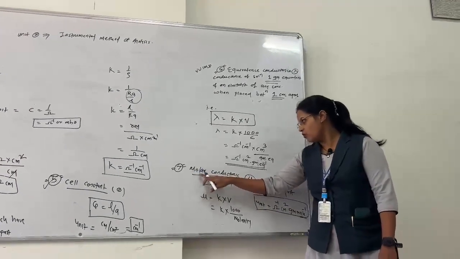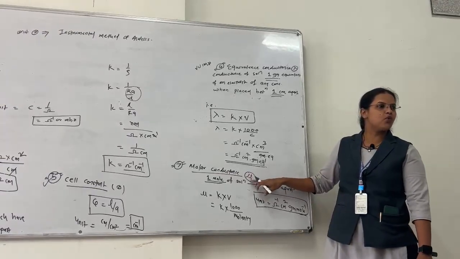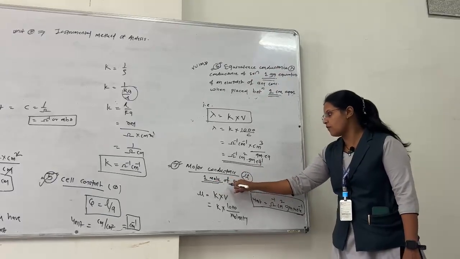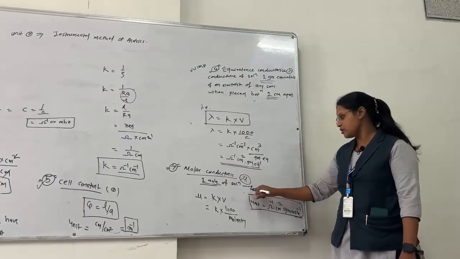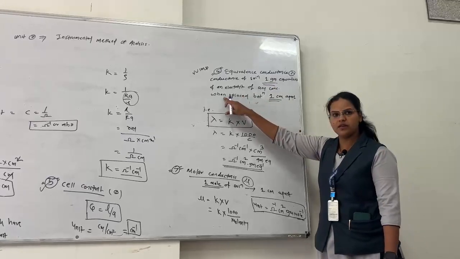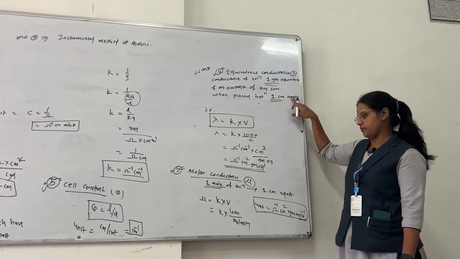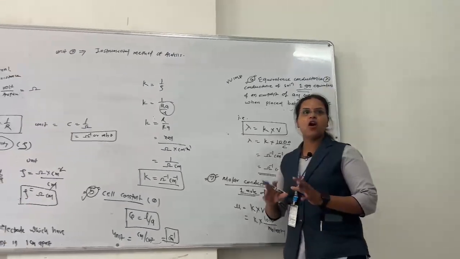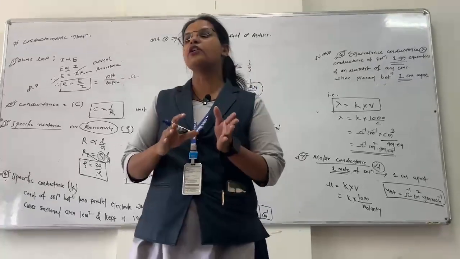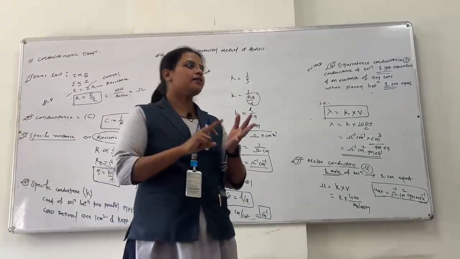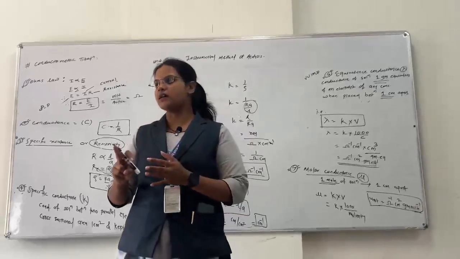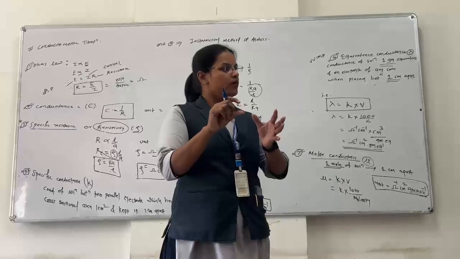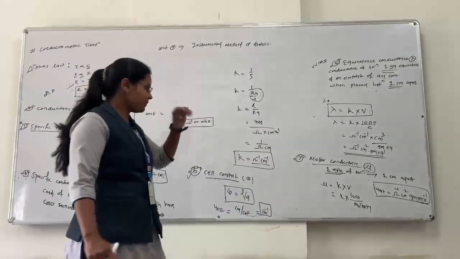And the last definition is molar conductance. It is represented by the symbol mu, and it is the conductance of a solution containing 1 mole of electrolyte, placed between electrodes 1 centimeter apart. Its unit is per ohm centimeter square per mole. So these are all the definitions related with your conductometric titration. On that we have either a 3 marks definition question or a 1 mark MCQ question on units. Getting it? Okay. Any doubts till here?